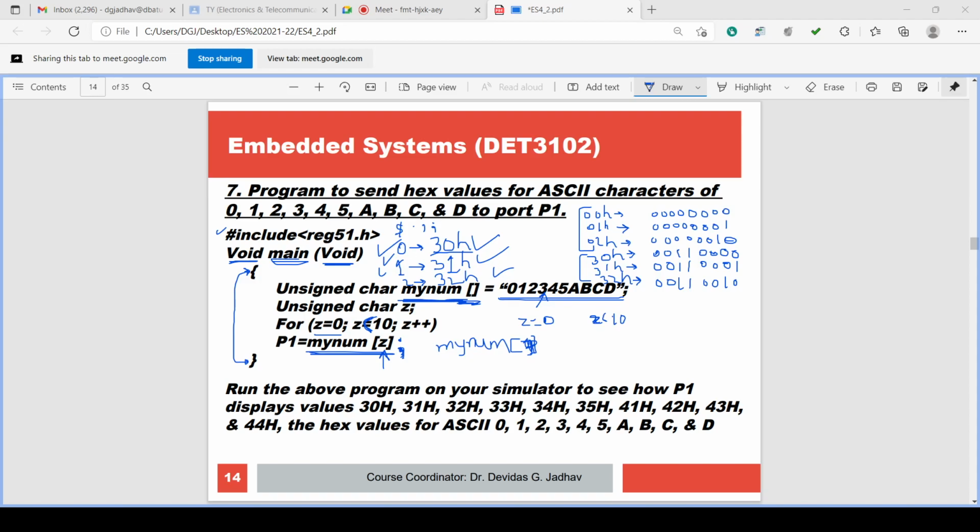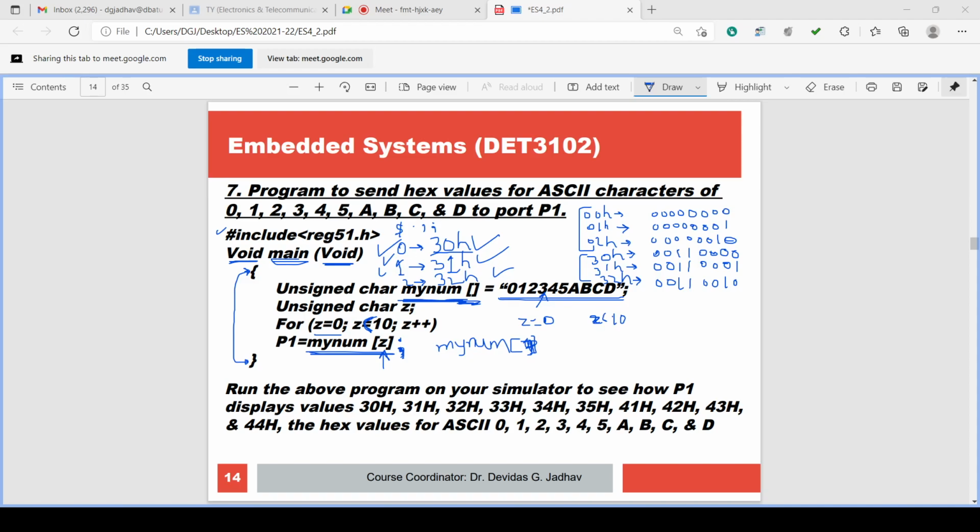And what are the ASCII characters considered here? 0, 1, 2, 3, 4, 5, A, B, C, D to port P1. You understood the difference between hex number, ASCII number and binary number. An ASCII symbol will have coding, and 0 ASCII is not equal to 0 hex, and 0 hex is not equal to 0 binary.